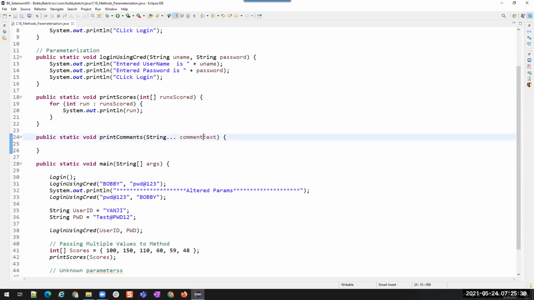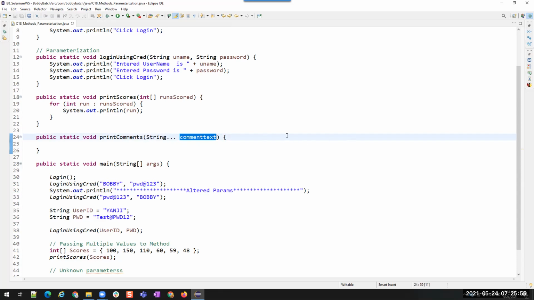Okay, this is how we are going to use it. Now, this comment text is of type array. When you pass this, you see here string array. When you mention string dot dot dot, this is an array parameter. So we are going to have the same string type parameters an unknown number of times.